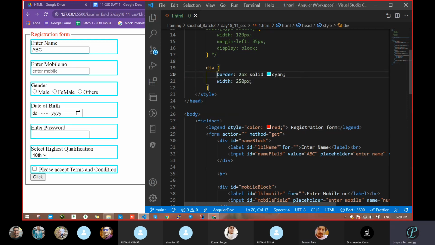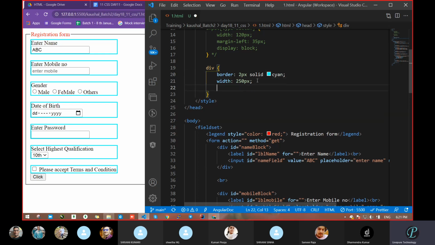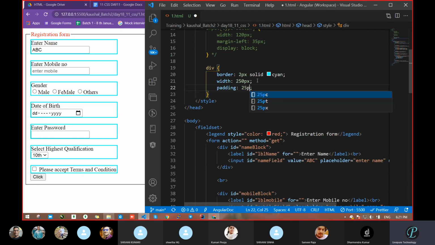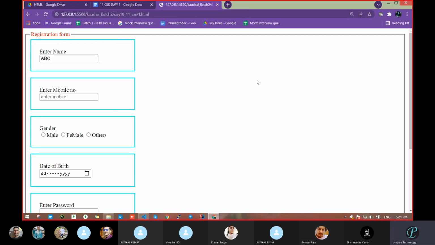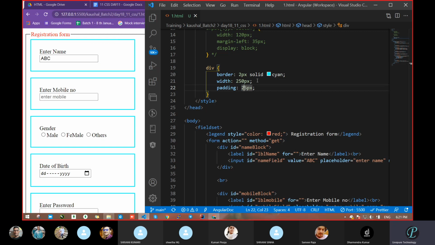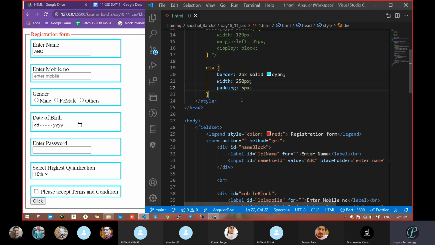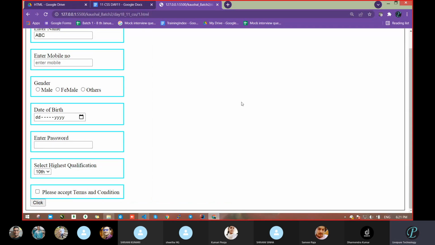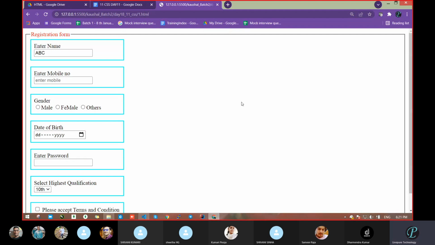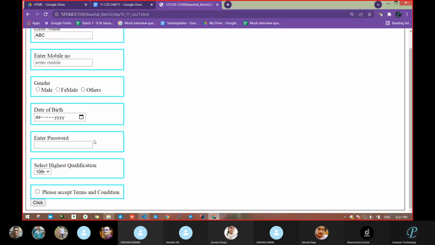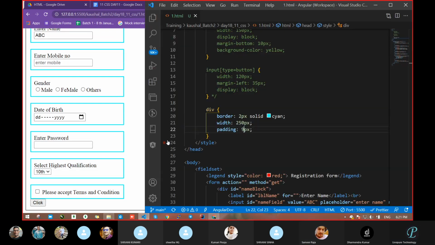Okay, so we got all the border. Fine. Next, what is that? Padding. Go with padding. Padding, take 25 pixel. Save. This I was asking, but nobody is speaking. Here, there was some space required for that one. Go 9 pixel. Clear or not? Now it's looking good or not? Yes. Now it's fine, at least somewhat. Now go with the background color. Let it be background color. It will come automatically.